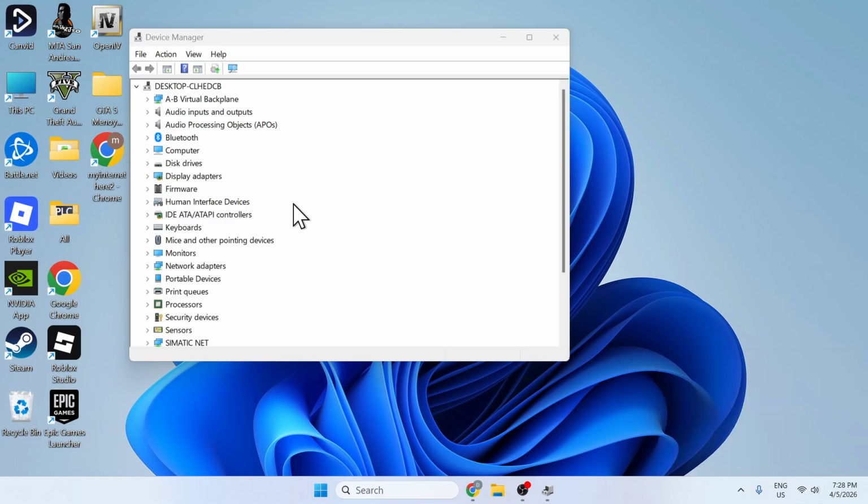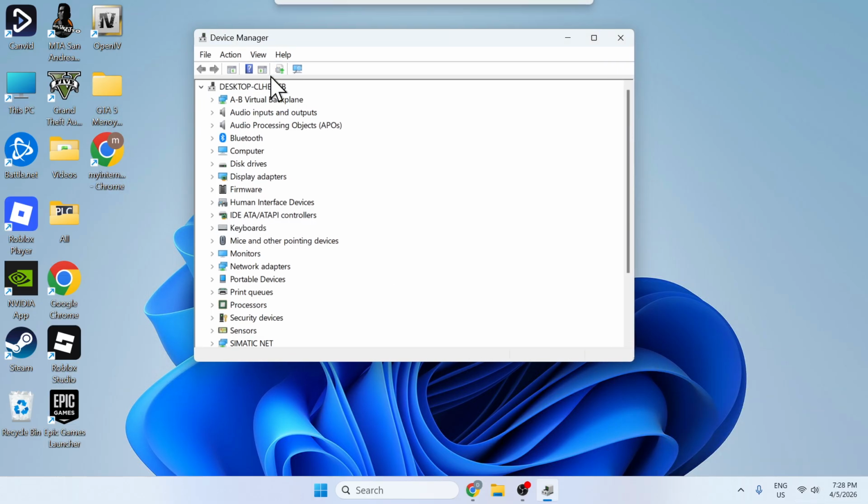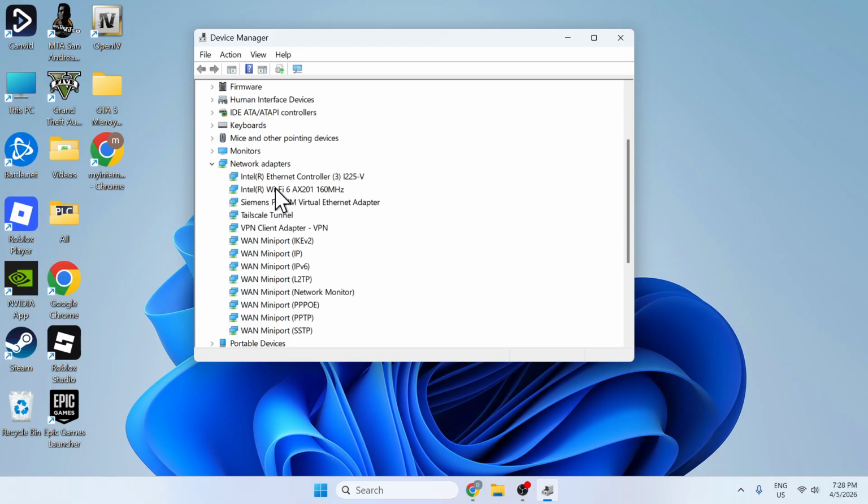So after this, you will be able to come here to device manager, and here you will see network adapters. Now if you're connected through a cable to your Wi-Fi, you'll see it as Ethernet. If you're connected through a wireless Wi-Fi adapter, you'll see it as this Wi-Fi, and this is what it looks like. So whatever adapter is broken, you will simply right click on it and click update driver, and here